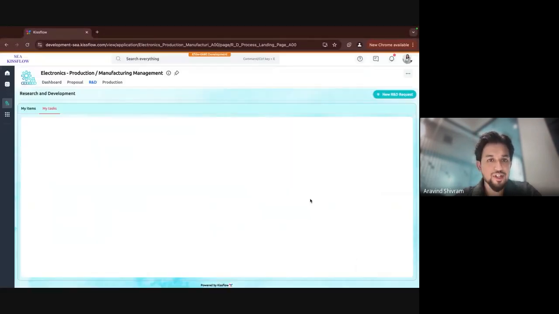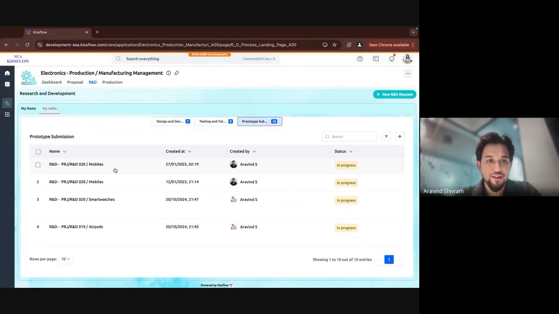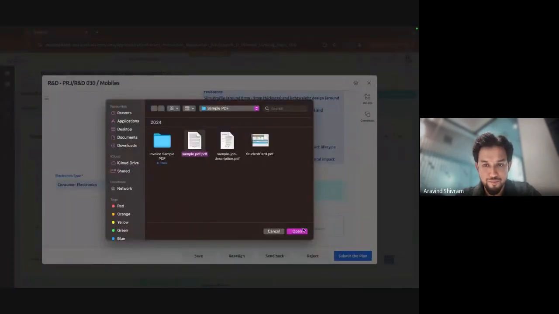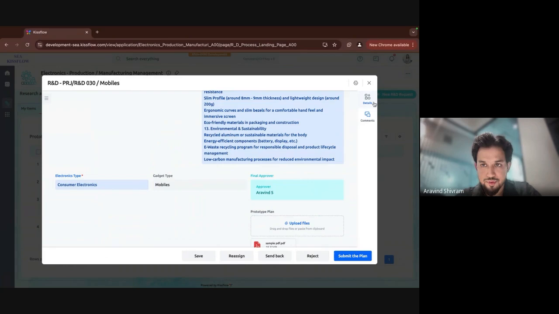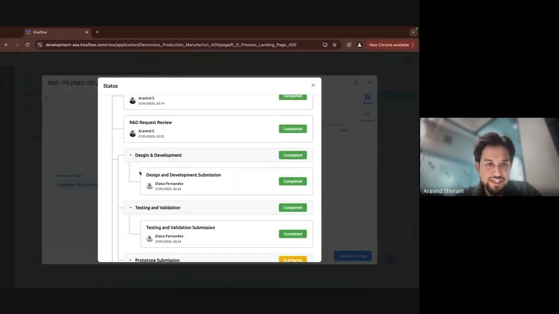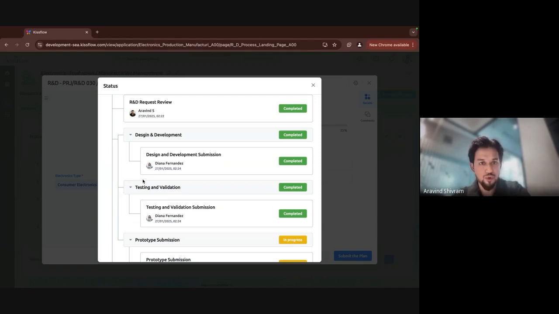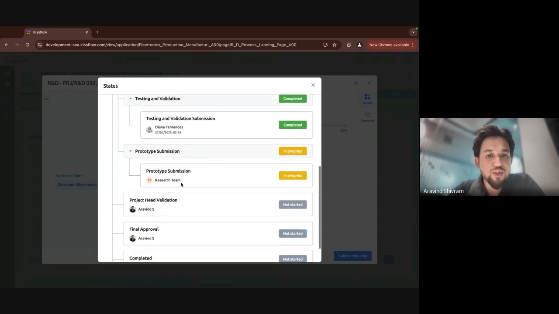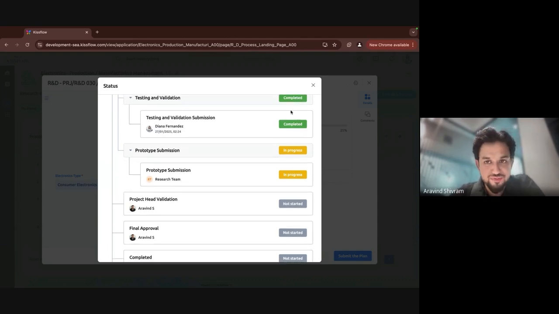I've submitted my testing plan, and now I'm going to submit my prototyping plan. After I submit, this is a parallel workflow, so all this happens at the same time. The design, the testing, and the prototyping happen at the same time. Once we have all these documents, it then goes to the project head validation.